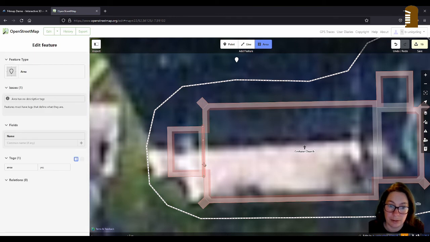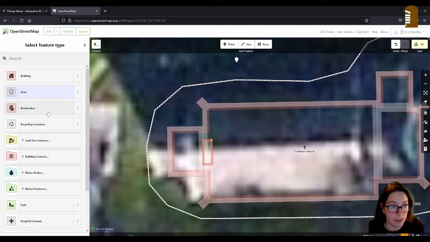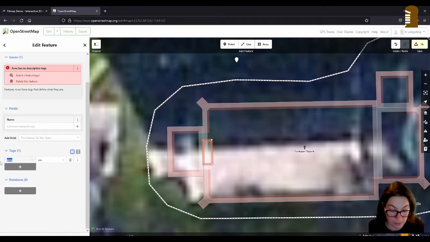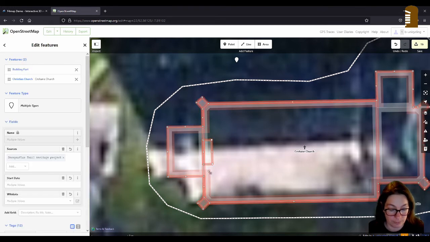Very difficult to make it symmetrical. I'll just try. So I draw a rectangle and define it as a building part, the usual. And then I can square it off.